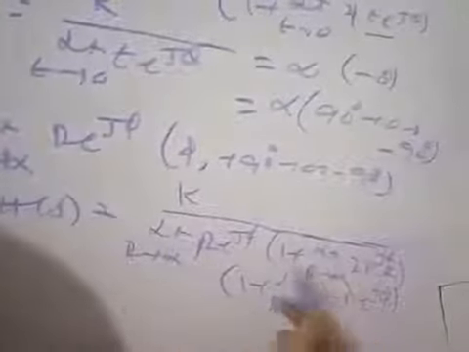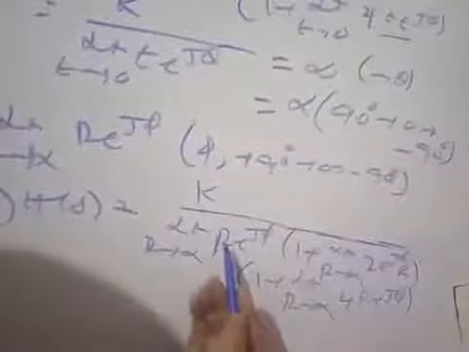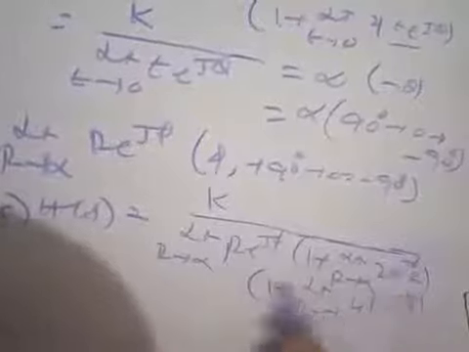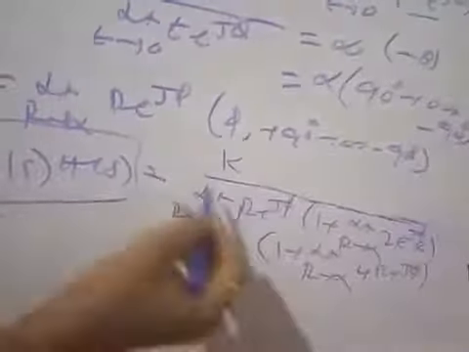So when you put the limit r tends to infinity here, ultimately you have to solve. If you multiply all this stuff, the total angle becomes r e to the power j phi, multiplied with e to the power j 2 phi, and that multiplied with e to the power j 4 phi in the denominator. In all cases when you put r equal to infinity, you get the magnitude 0, because in the denominator you will get large values of r, and r tends to infinity gives you G(s)H(s) equal to 0.